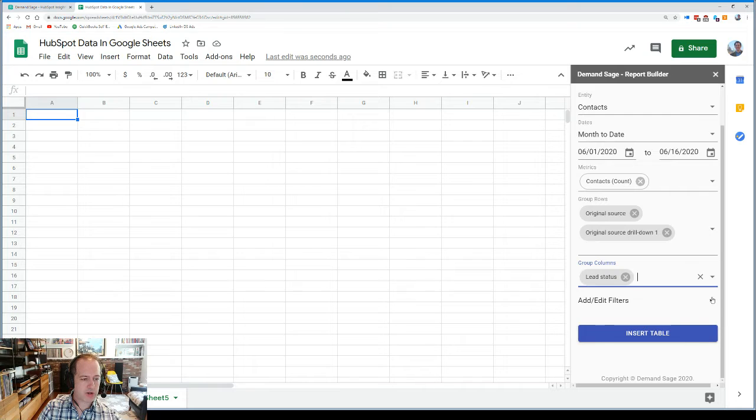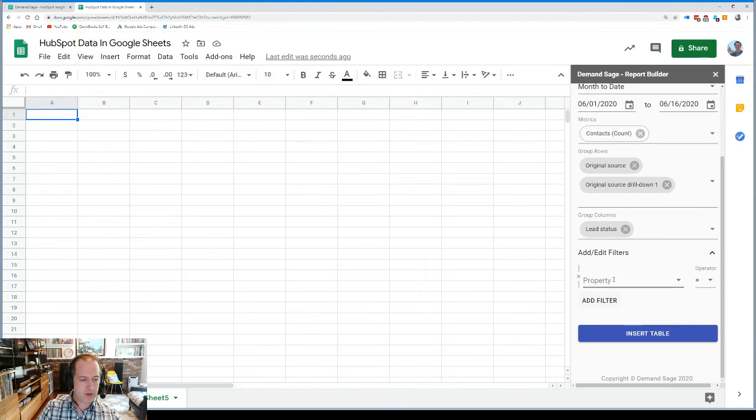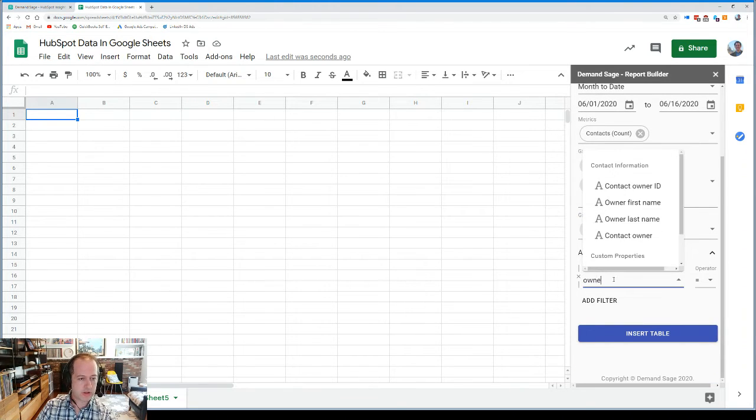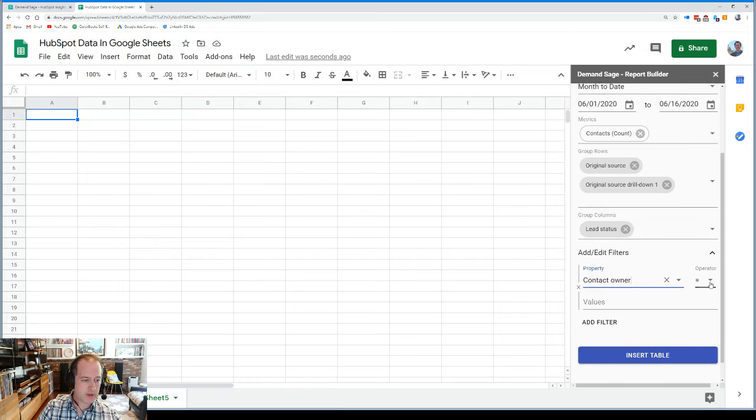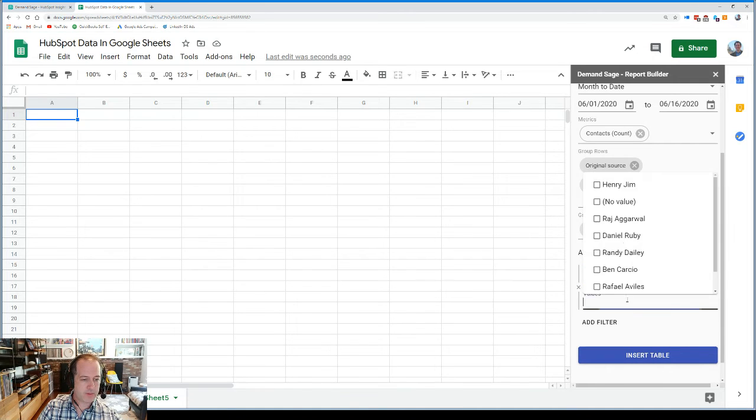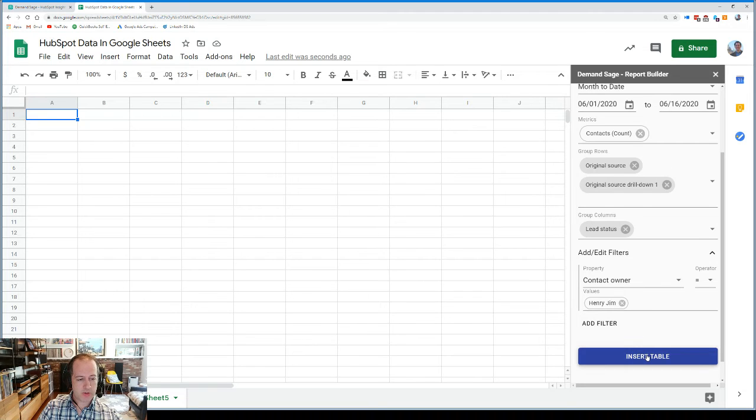And for good measure, let's add a filter. We're going to choose contact owner. We want to make that equals to Henry Jim. Great. So once you are done picking what data you want to look at, just click Insert Table,